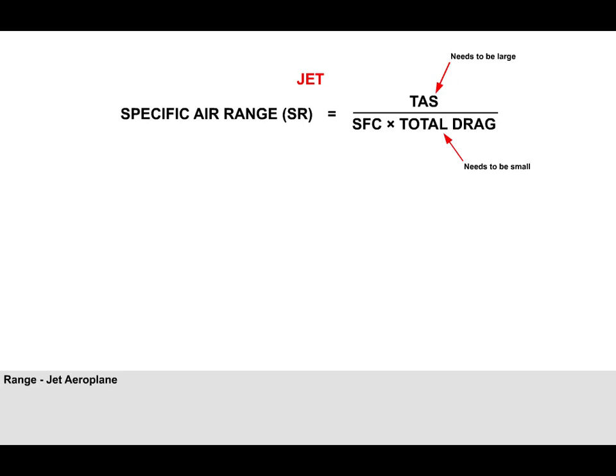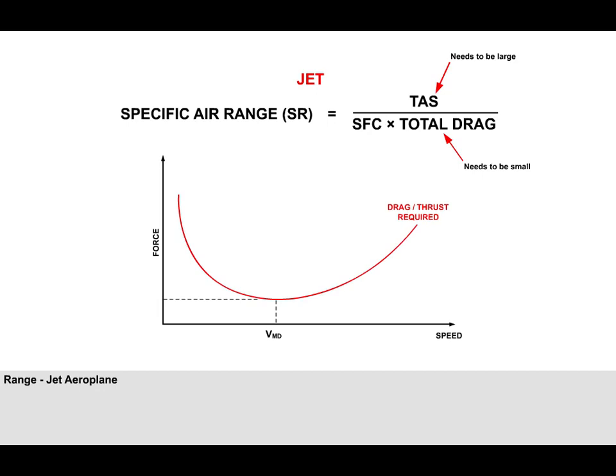We stated earlier that to maximize the range, the TAS must be high and the specific fuel consumption and the drag must be low. Shown on screen is the drag curve for a jet aeroplane. If the aeroplane were to fly at VMD, then of course the drag force would be at its lowest. Referring to the formula, it seems we have solved one of the points, namely how to make drag as low